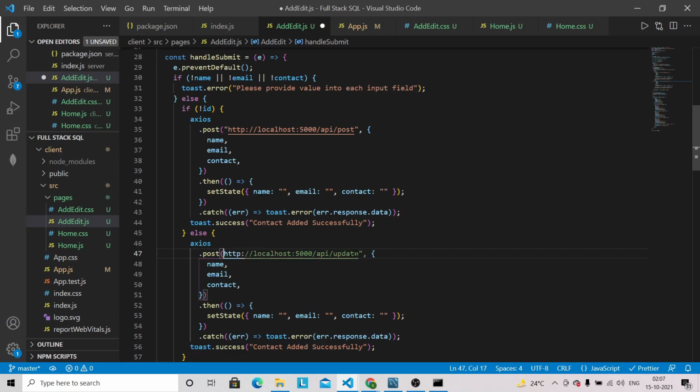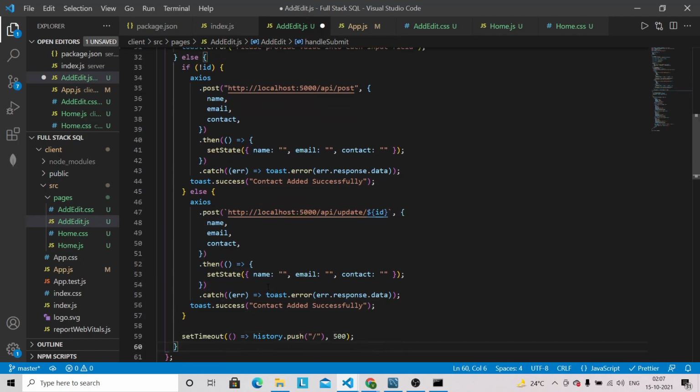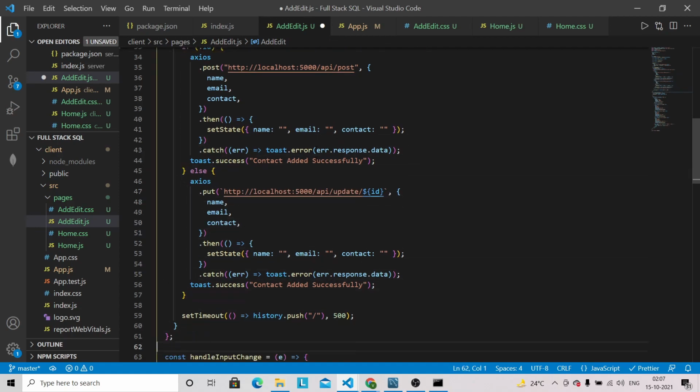And we have to use template literal because we have to specify the ID. So ID will go here, provide the body, name, email, contact, and after that we want to empty each input field, and this will be the put. Okay, not post, and the message will be like contact updated successfully.